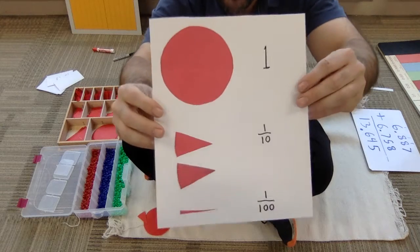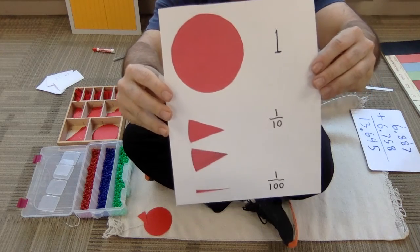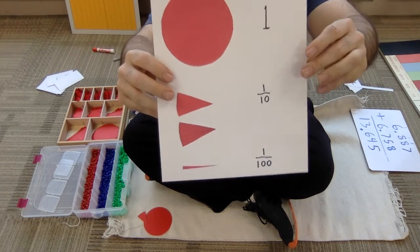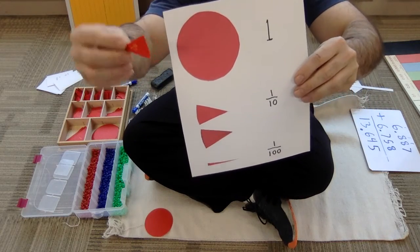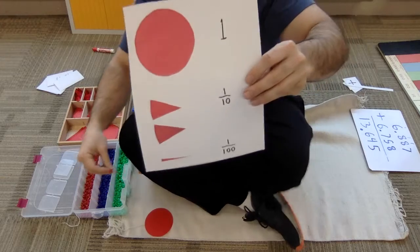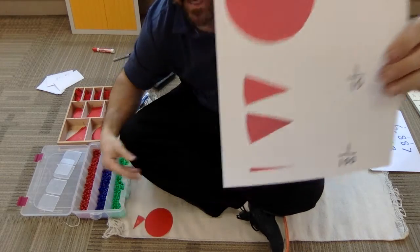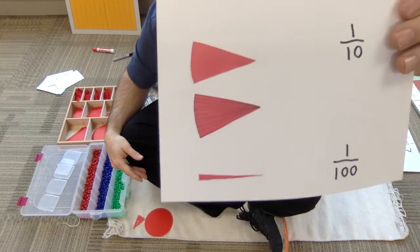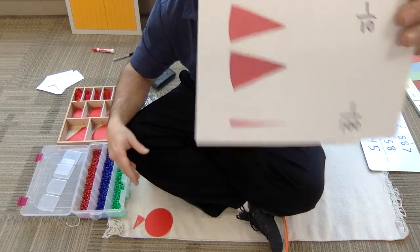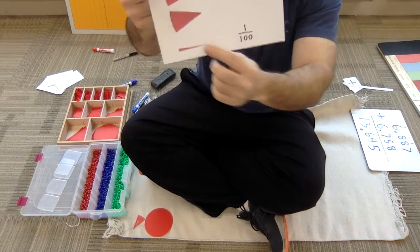Well, my challenge for you is to get some construction paper and some pencils and to try to create a whole, which is 1, a tenth, which is what I did was I traced this fraction piece here, and I'm going to hold this up to show you that I divided it into 10 parts. They're not really good, but I did divide it into 10 parts there, folks. And then I cut one of the tenths out, and that little tiny sliver